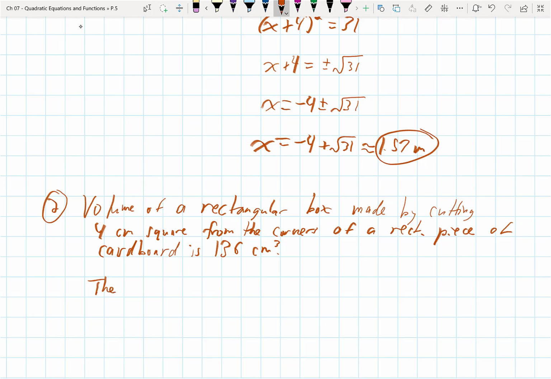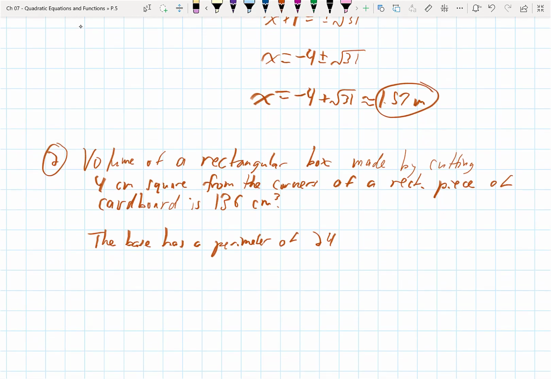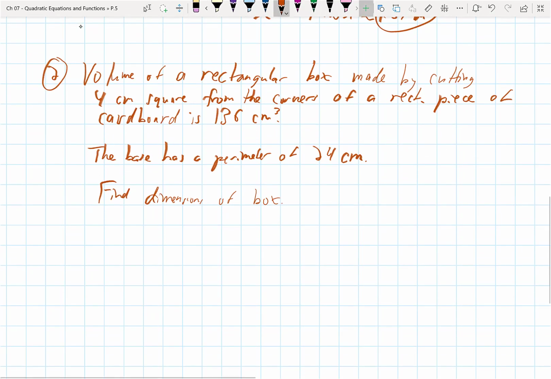We'll say the base has a perimeter of 24 centimeters. Oops, can't spell. And we want to know what the dimensions are. Find the dimensions of the box. So the first thing to note about this box is that we have a